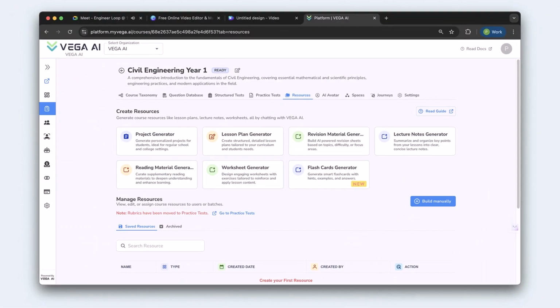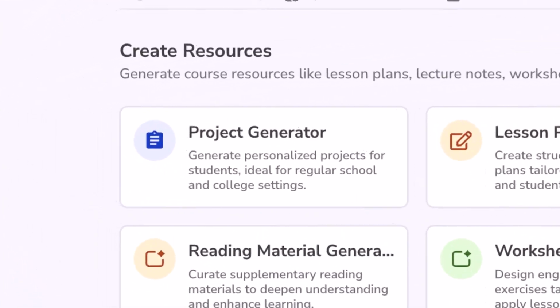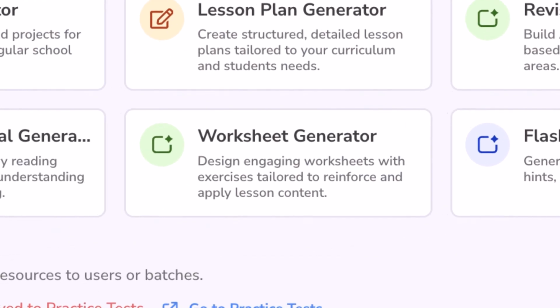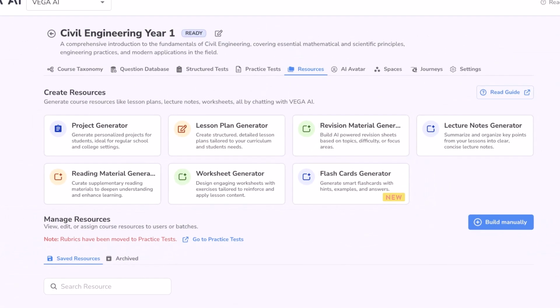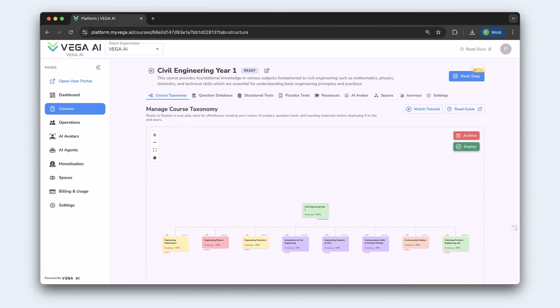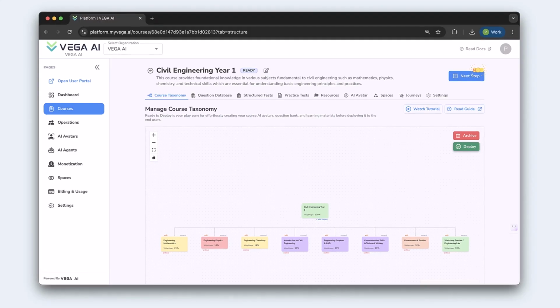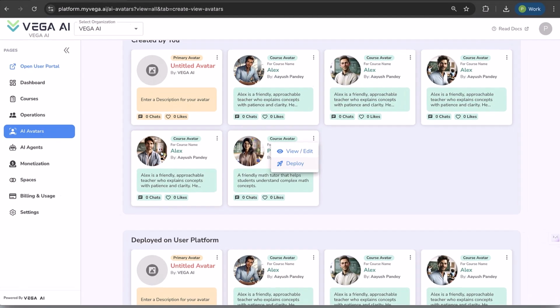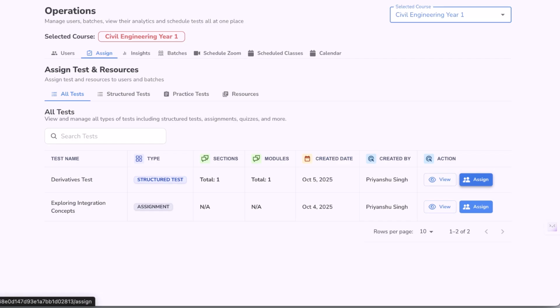You can similarly create resources for your learners, such as projects, lecture notes, worksheets, flashcards, and many more using VEGA's AI agents. Now it's time to deploy and make your AI-powered experience live for users worldwide through your own branded portal. With a few clicks, you can deploy your course, deploy your AI avatar, and assign your test to individual